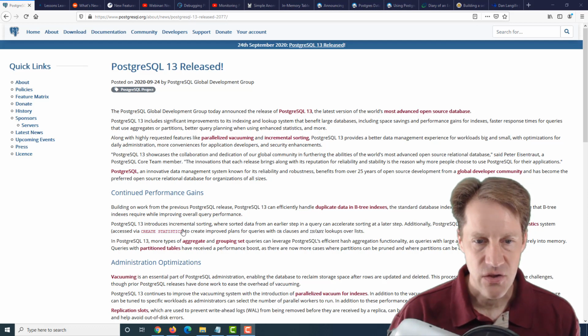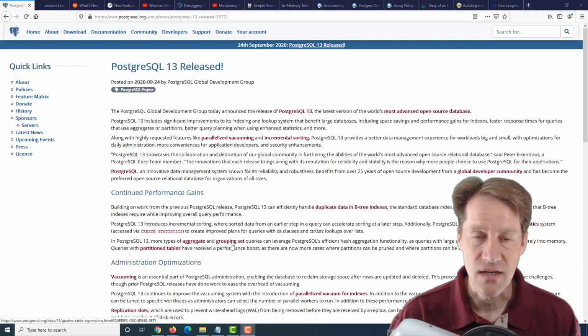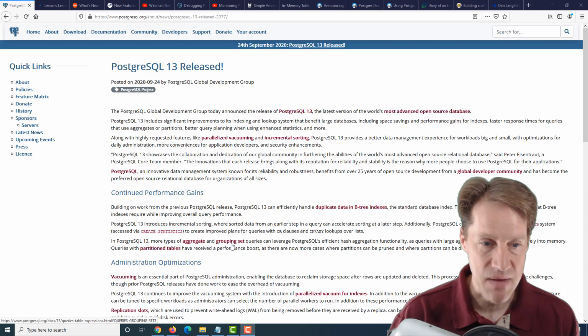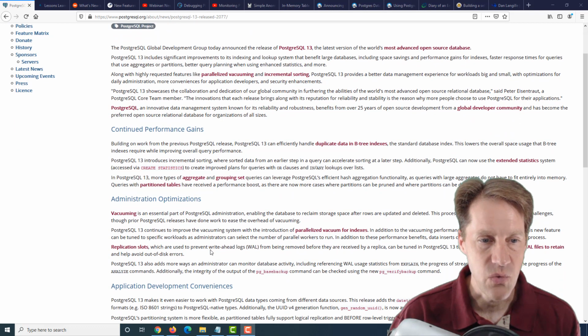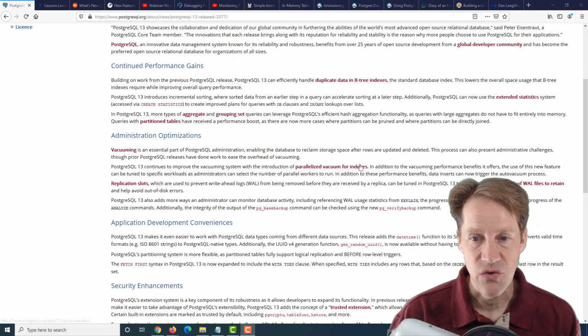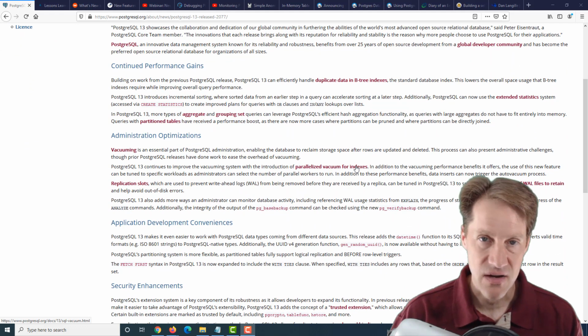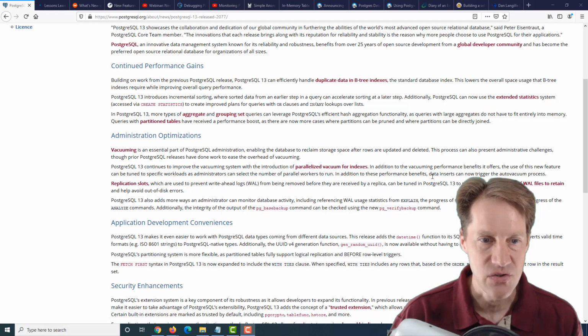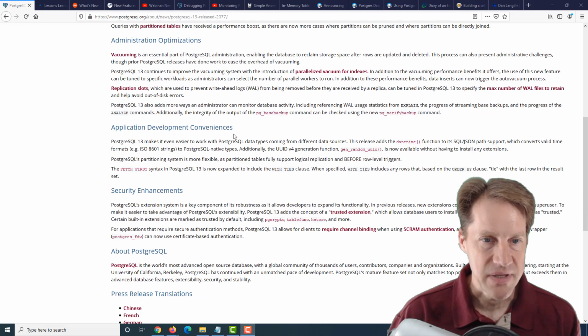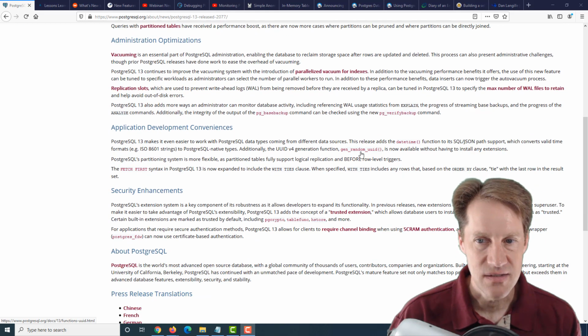that allows large aggregates and grouping sets to be done to disk as opposed to just to memory, partition table enhancements with regard to improved pruning, as well as being able to do more partition-wise joins, a parallelized vacuum for indexes, again, not on autovacuum, but when you manually run vacuum. Replication slots allow you to define how much of the WAL to retain so you don't run out of disk errors on your primary. Then they mentioned some application development conveniences such as the datetime function to SQL JSON path